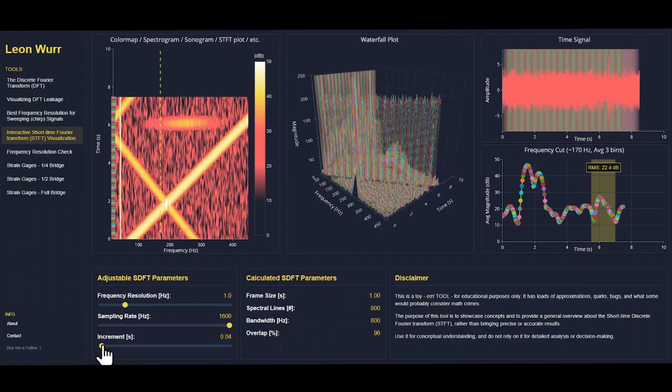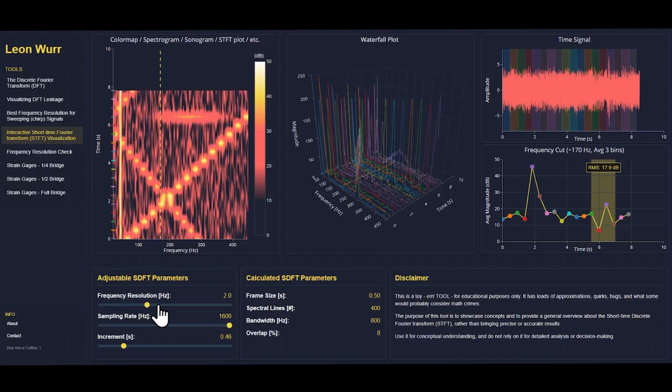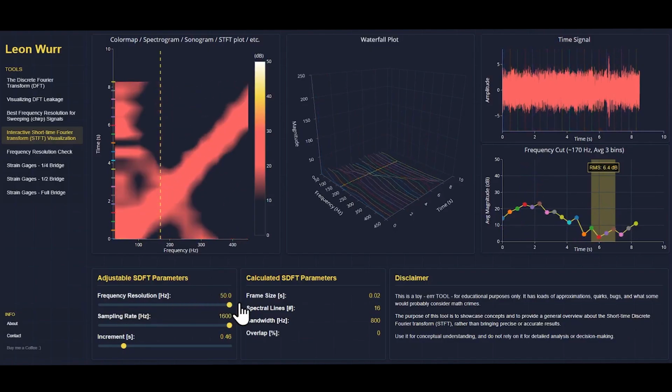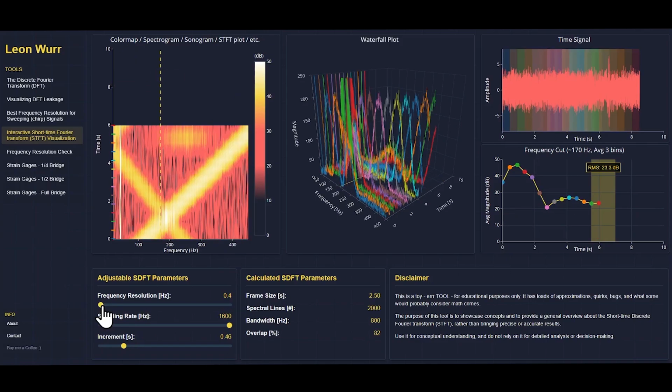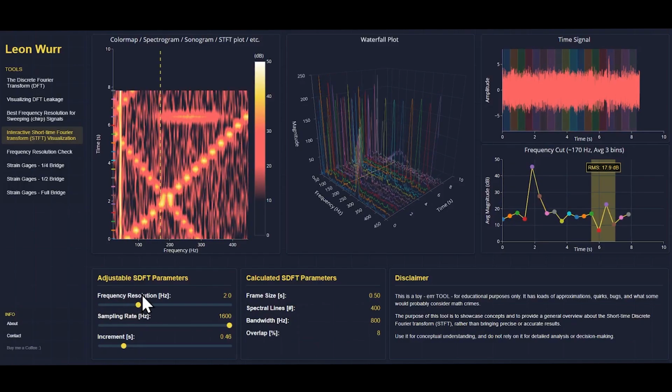The other parameter that you can set is your frequency resolution, and if I make it too coarse, you can see the effect that it has on the color map. But the other way around, if I make it too refined, it also doesn't look that good, right? I'm looking mainly at these diagonals here, these orders, and there is a sweet spot in the middle where I have the best frequency resolution for this type of